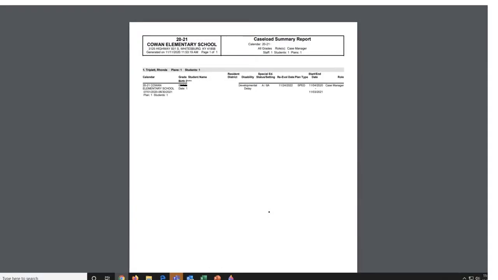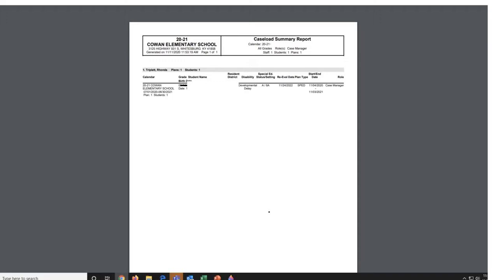This is a caseload summary for a teacher that's in our meeting today. And I've blacked out the student's information so we wouldn't violate any confidentiality. Right now at this school, this teacher has one kid on her caseload. And so if you'll notice, it gives the name of the school. If I had not blacked it out, it gives the student's ID number, their birth date, and their name. And then the important information to the right of that is what their disability is,